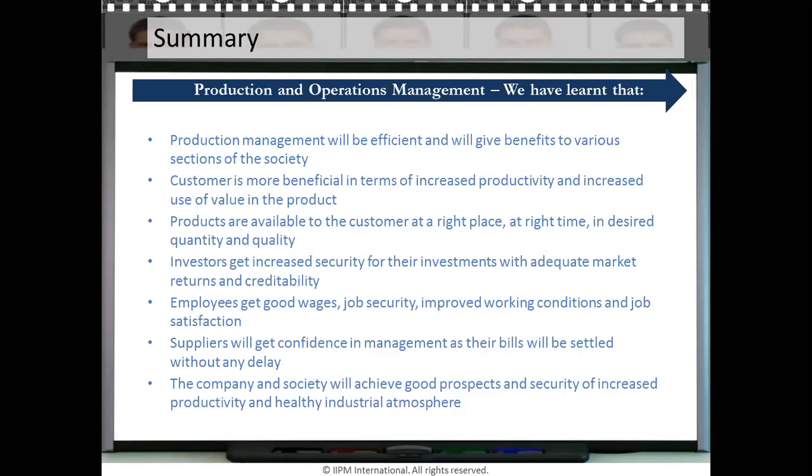Suppliers will get confidence in management as their bills will be settled without any delay. The company and society will achieve good prospects and security of increased productivity and a healthy industrial atmosphere. So this is where we are going to call it a time